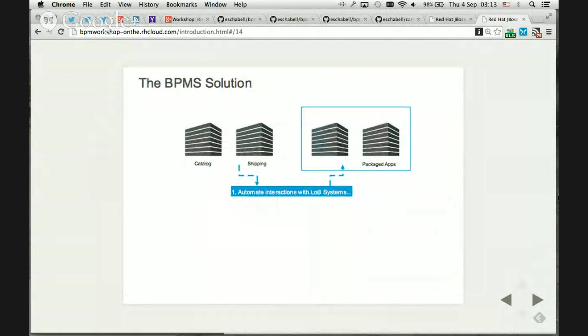So what is BPM doing? What you generally see is you have some kind of automated layer in an organization that's dealing with interactions with lines of business, whether that be combinations of services or